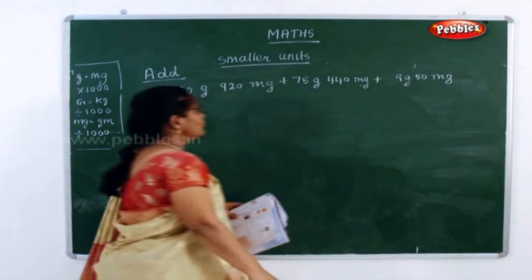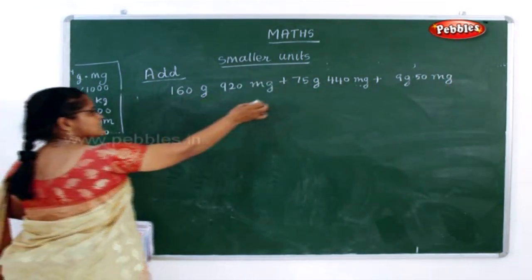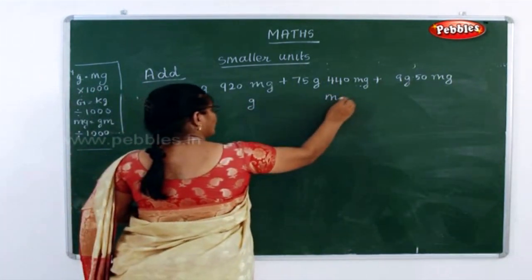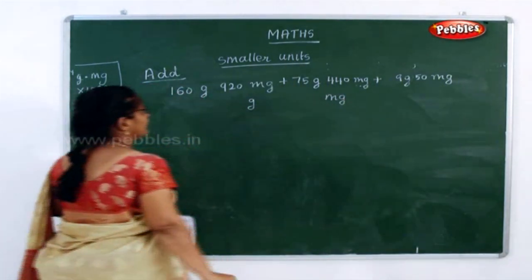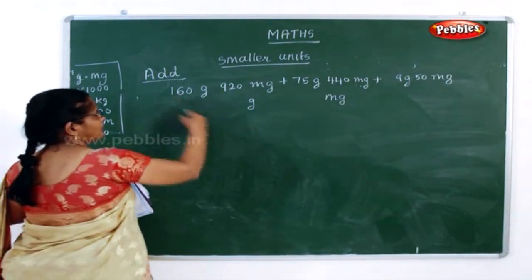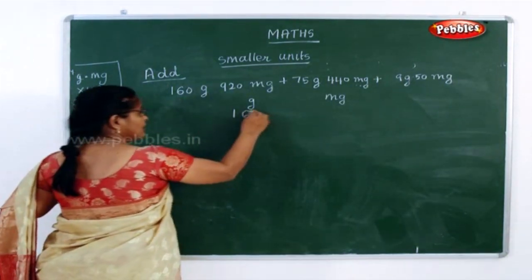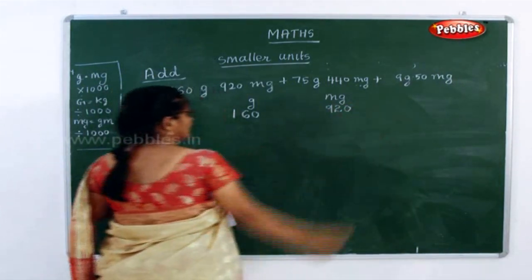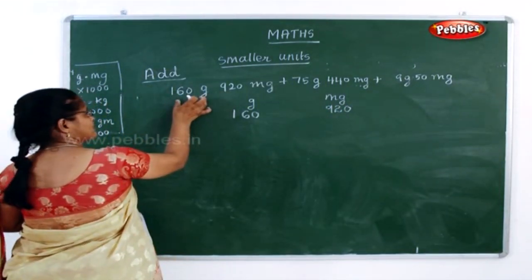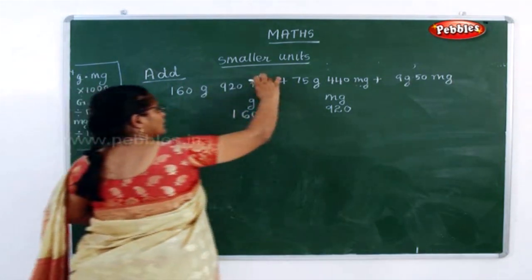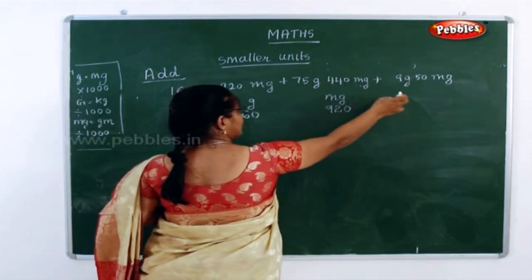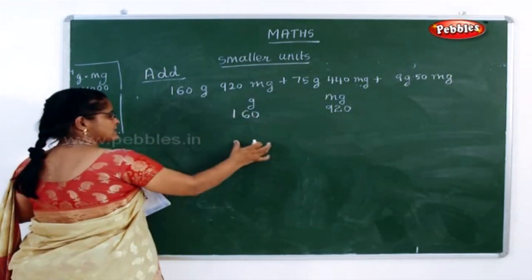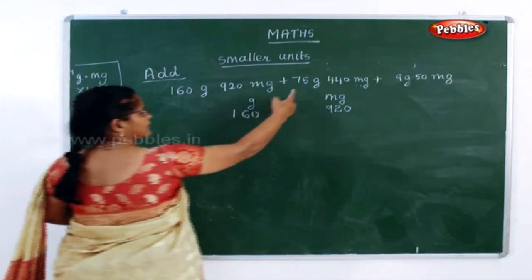Now what did I tell you? Whenever these things are given, you should write it here on the top. Always you differentiate gram and milligram. Now first one, what have they given? It is 160 gram. Now what is mg here they have given? 920. Is it clear? Always when you get such sums, these values are mg, gram, kilogram, centimeter, whatever they have given, you have to write it on the top and just make it clear.